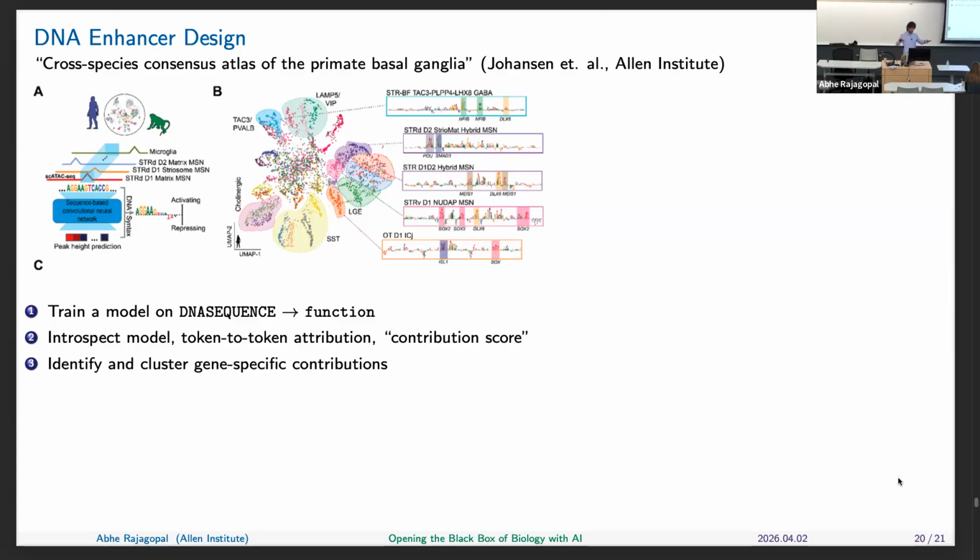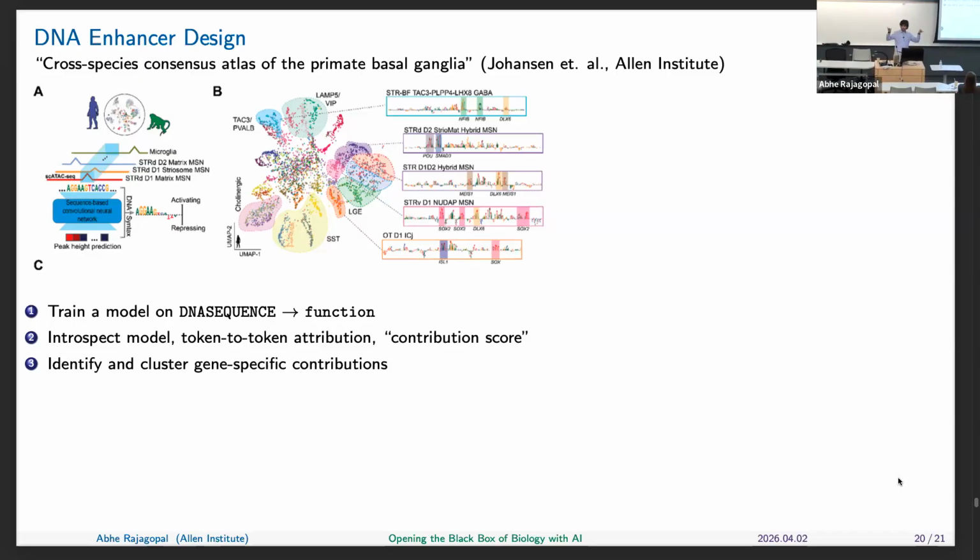But based on that model, they do this sort of introspection step where they try to attribute different parts of the input to what's causing peaks or spikes in the output predicted signal. And using that, and this is what this image from their paper is showing, for different gene expression data, you can highlight which parts of the DNA sequence were thought to influence the expression of that gene or not. So they call those enhancers.